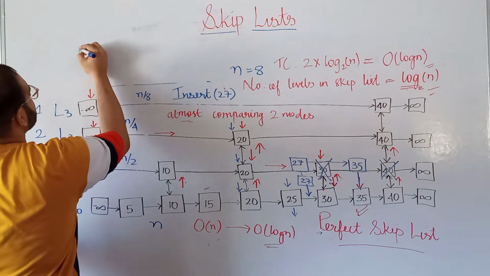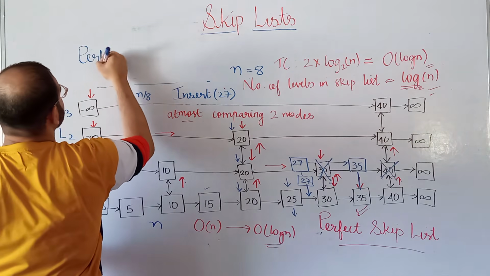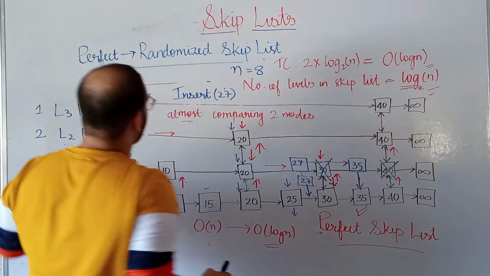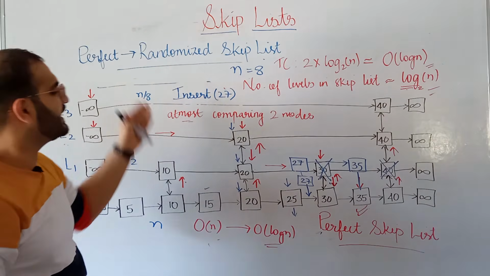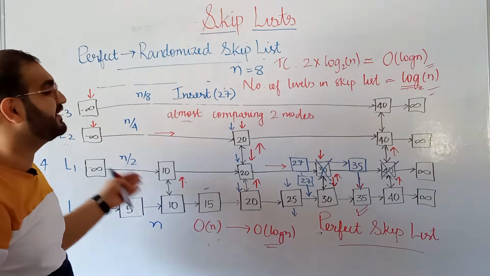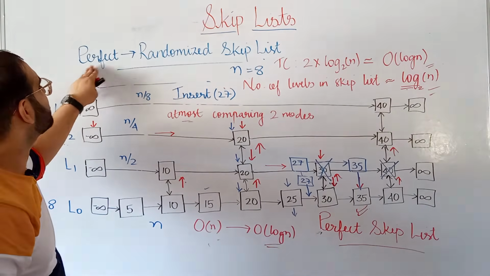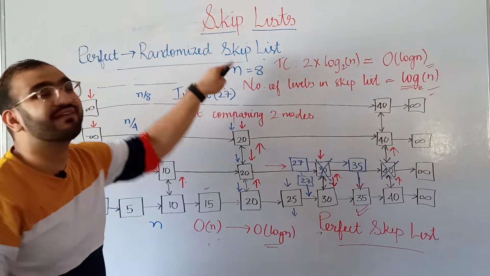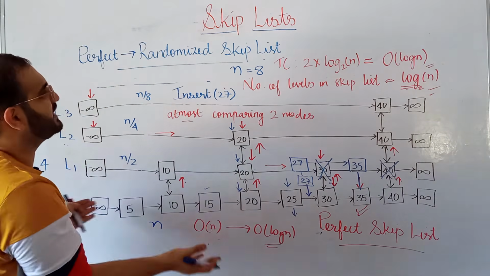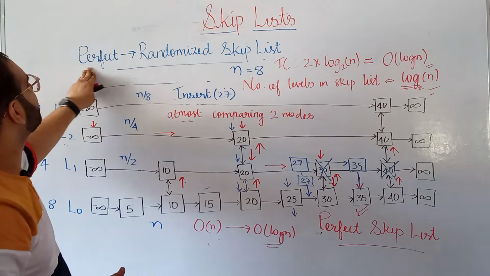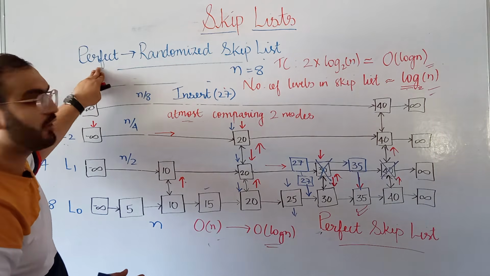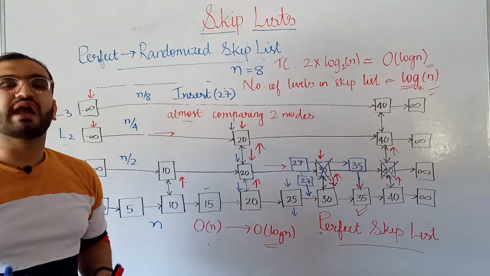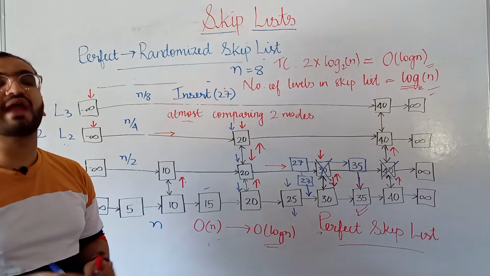So that is when we move from a perfect skip list to a randomized skip list, right? The problem that we are facing while inserting any node, or which we will also face when we delete a node from the skip list in case of a perfect skip list, we are not going to face if we talk about a randomized skip list, rather than following a very strict order of only promoting the alternate nodes as we do in a perfect skip list. So now let us see what is a randomized skip list and how we perform